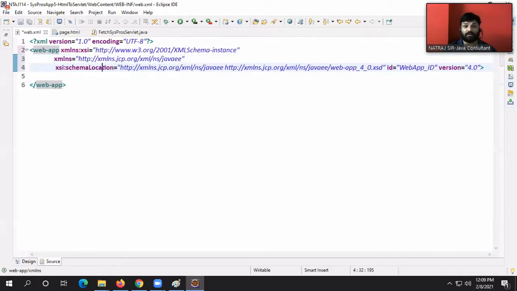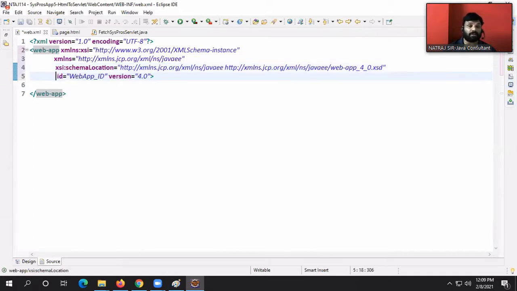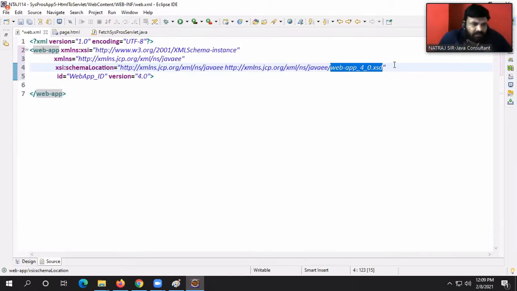Right now, I'm developing web.xml by importing schema rules. How can you say this, sir? See, web-app_4_0.xsd.